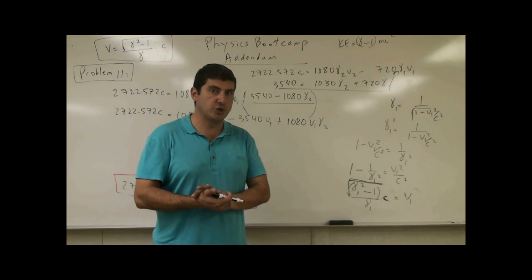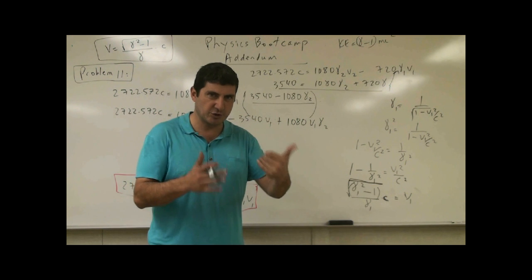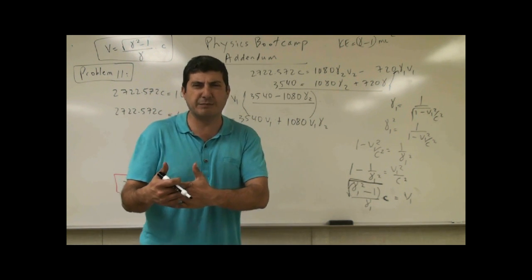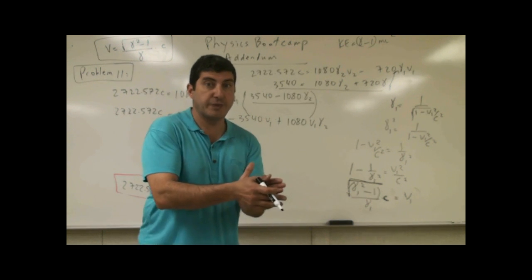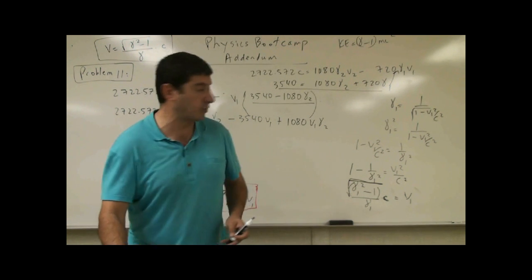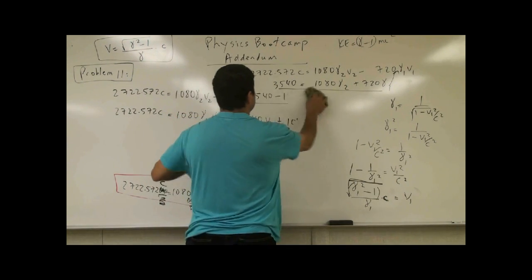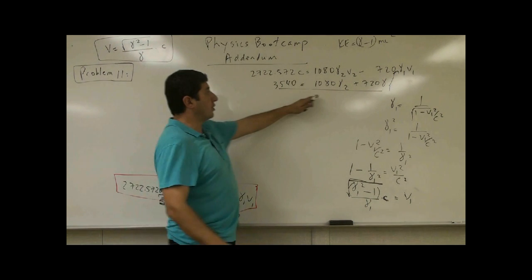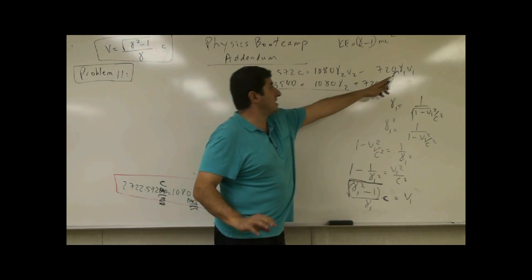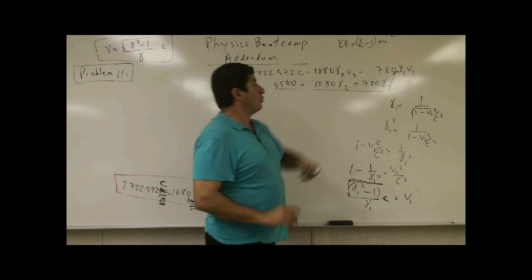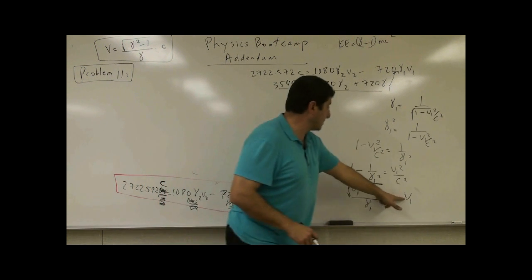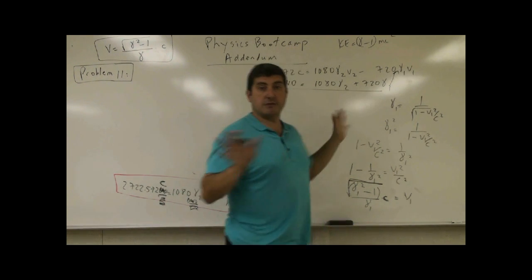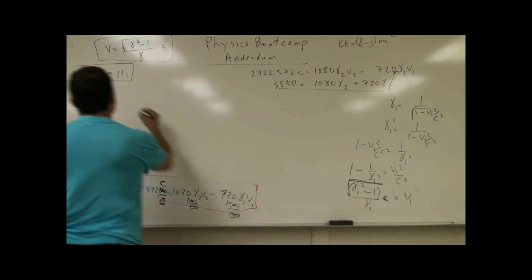So the better way to do it, see, oftentimes when you're doing problems like this, you find one way, you see that it might be too long, you backtrack and you say there might be a better way. So the better way to do this is this. Before even substituting into the gamma 1, what you want to do is put v1 here into here, and you want to get rid of any reference to v. So you want to have here